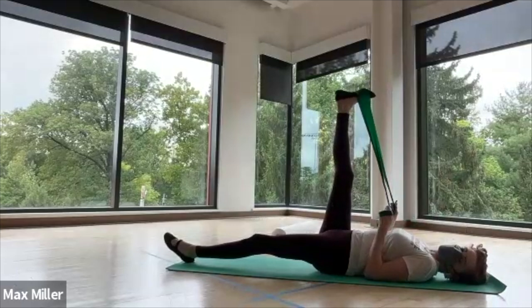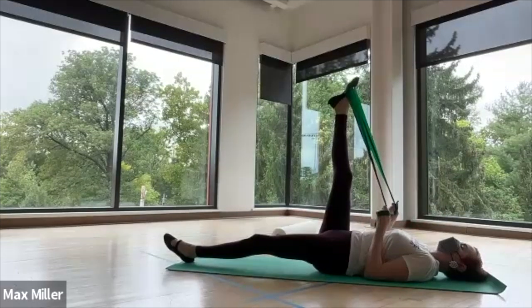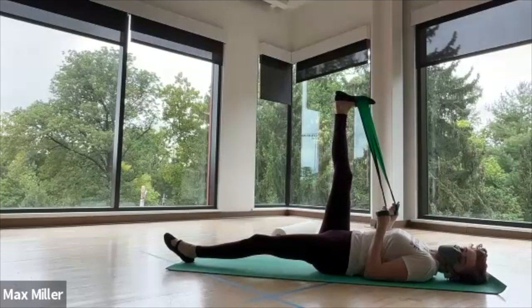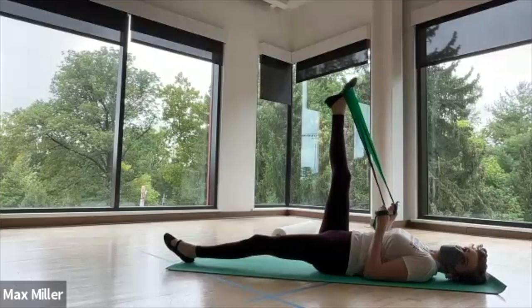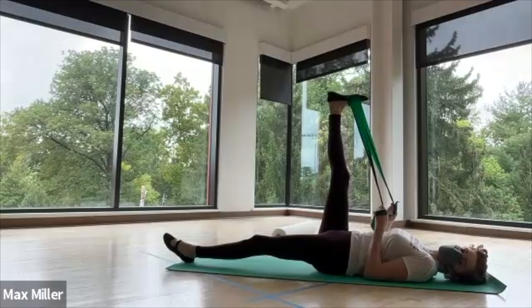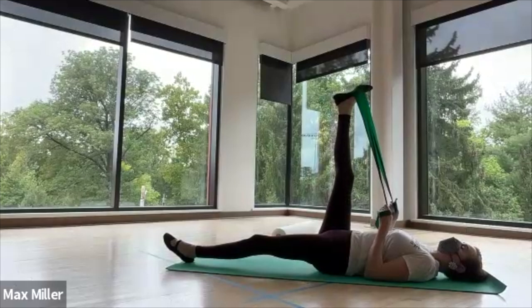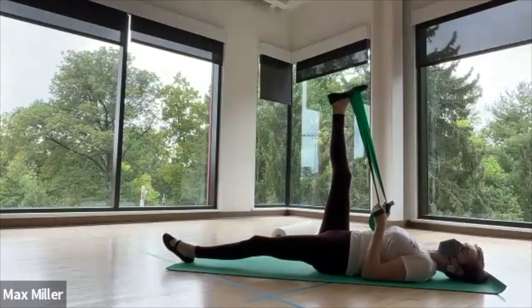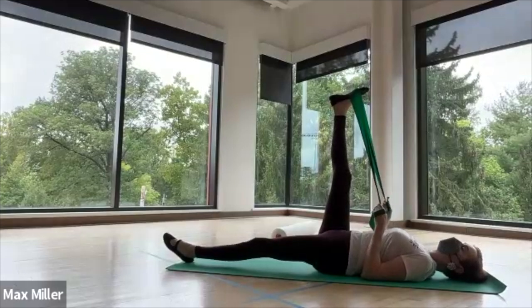So roll through the foot like that. So moving into the ball of the foot, and then the toes lift slightly, pull the toes back, and lift the heel, getting a stretch in the calf. One more time. Now the band should be pretty wide across the ball of the foot and the top of the arch, so it doesn't cut into your foot, and it gives you more support. Then we're coming up to a soft point here. The elbows slide forward, so the shoulders ease away from your neck, lengthening your neck,